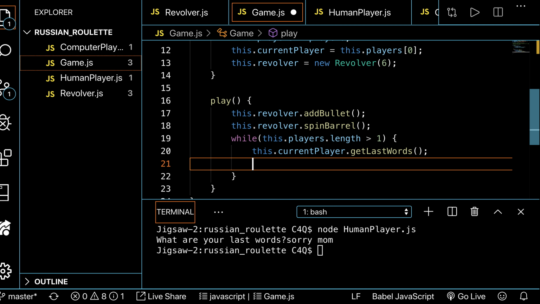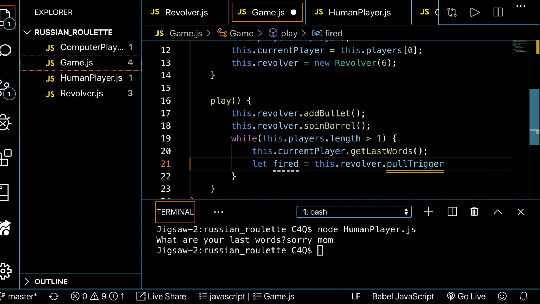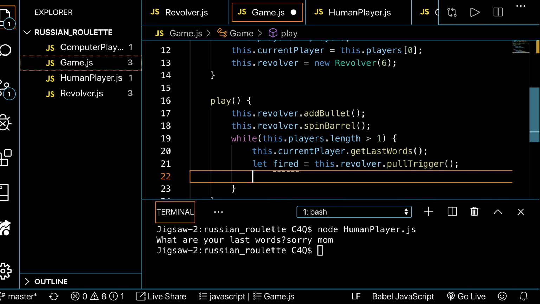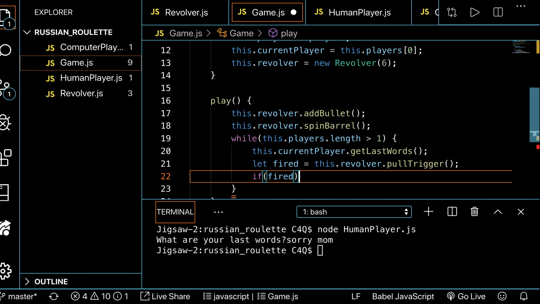Then we are going to have to pull the trigger, right? So we'll say let fired equal this.revolver.pullTrigger. So now we've pulled the trigger. So fired is either going to kill the person or not, right? So if it kills the person, we can say, hey, if fired, so if that current person dies,